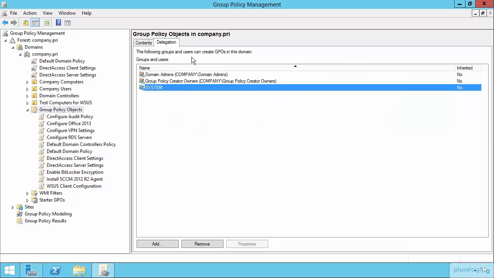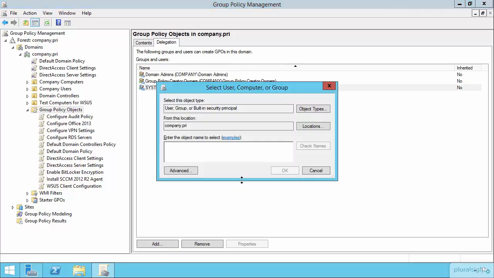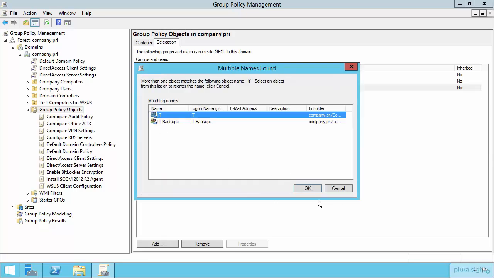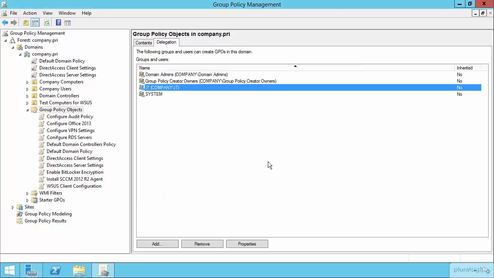to pay attention up here to what the text is at the top of each of these screens, because in different locations, you have the option of delegating different kinds of rights and privileges. So for example, here in the Group Policy Objects screen, the following groups and users can create GPOs in this domain. So you could, for example, add in an Active Directory group here in order to accomplish that. So the IT group, for example. Punch in that, and now the IT group will be able to add in and create new GPOs here in